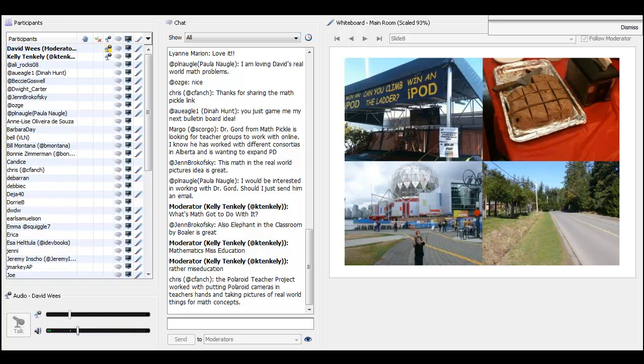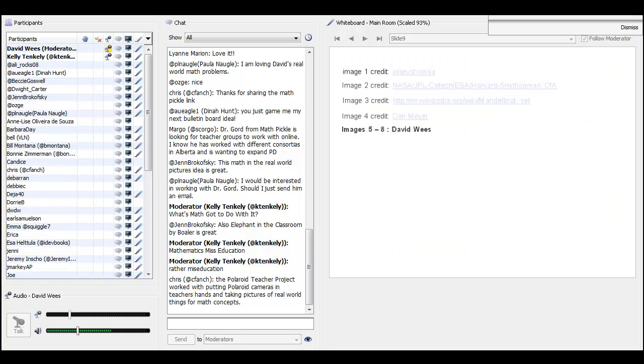Okay, moving on. So this is just the credits, so you can come and look at those pictures. Those aren't all my pictures, so we'll skip that for now. But anyway, I had to have it in there.